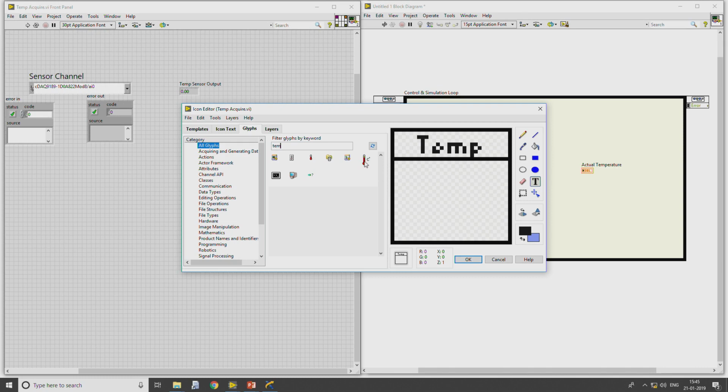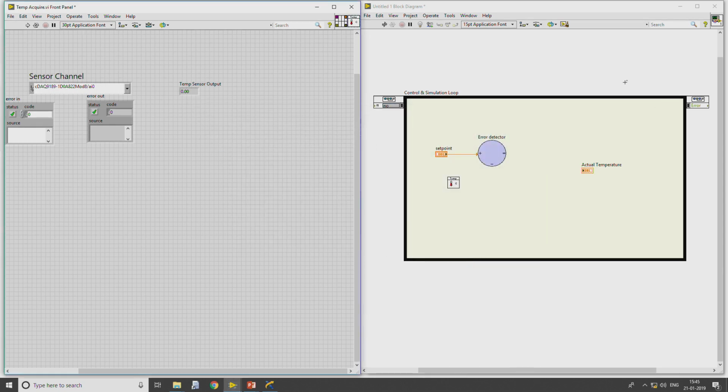Here we can see different types of blocks available, which will not fit in this case. I will take this, and I will write a text showing as C. Okay. Now, let me save.